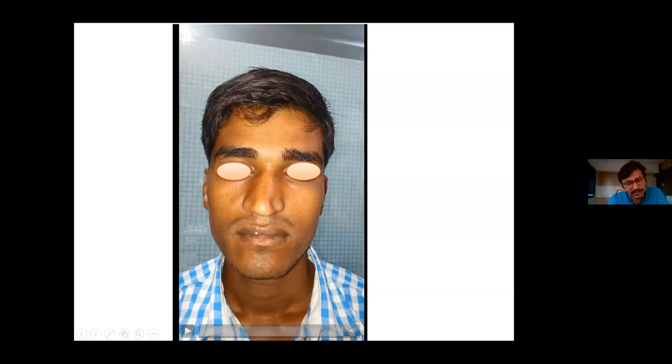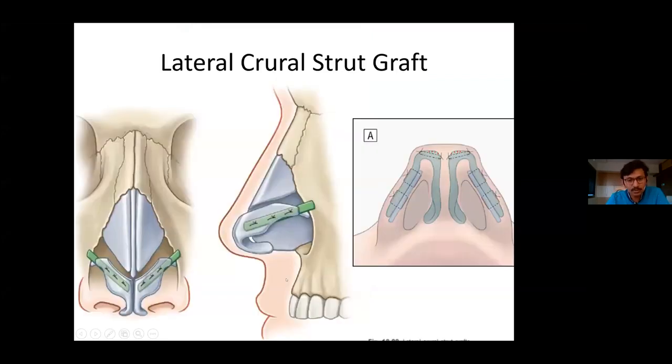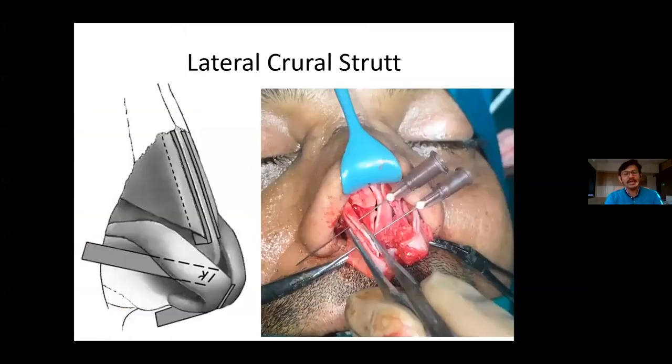So you have to correct this malpositioning. So you have to correct it by means of a firm graft. So these grafts are called as lateral crural strut grafts. So in such situation, you may have to either completely detach the lateral crus, or you may even insert it without detaching it. In this case, we had not released the lateral crus from its original position, but we placed